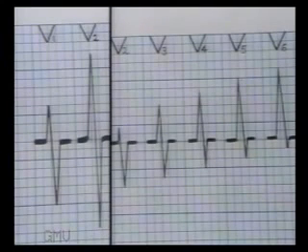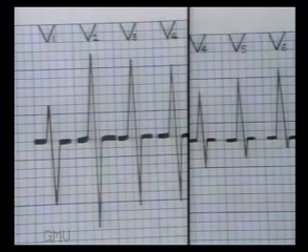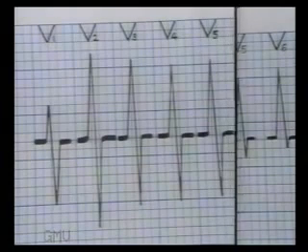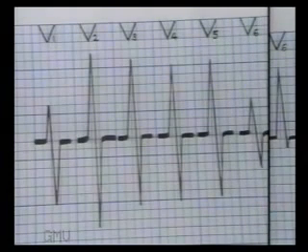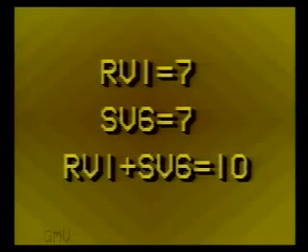Lead V2 also shows a prominent R wave. Leads V3 and V4 are similar with equal R and S. Lead V5 shows a deep S wave, and lead V6 again shows a prominent S wave. So whenever there is a prominent R wave in lead V1 or deep S wave in V6, right ventricular hypertrophy must be suspected. The criteria for diagnosis of right ventricular hypertrophy are R wave in V1 more than 7 millimeters,